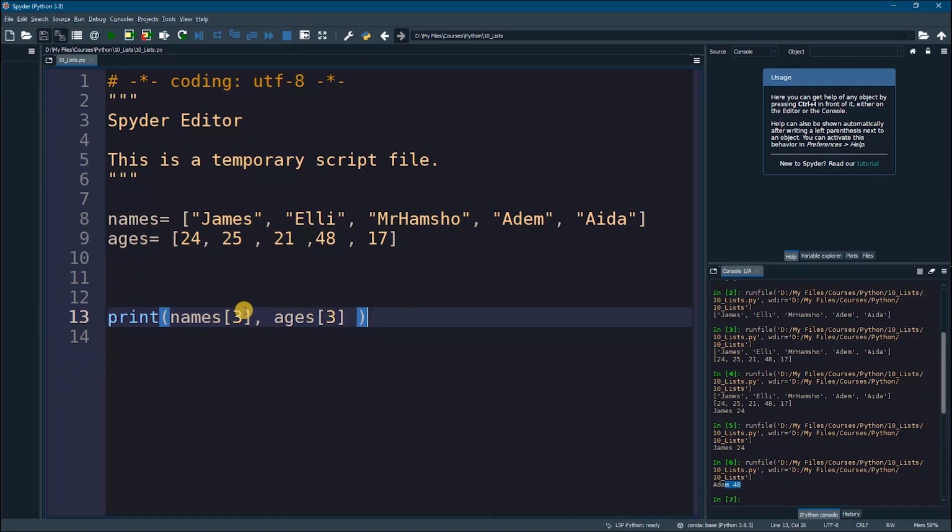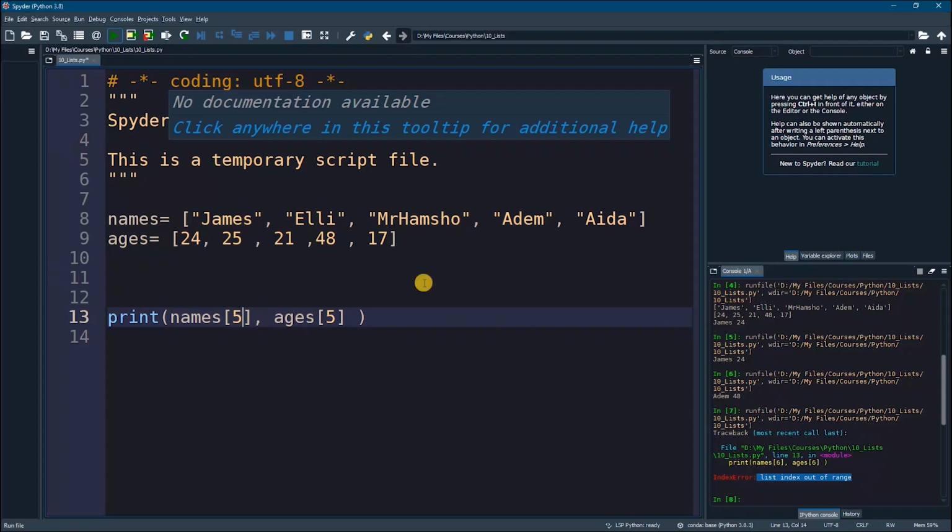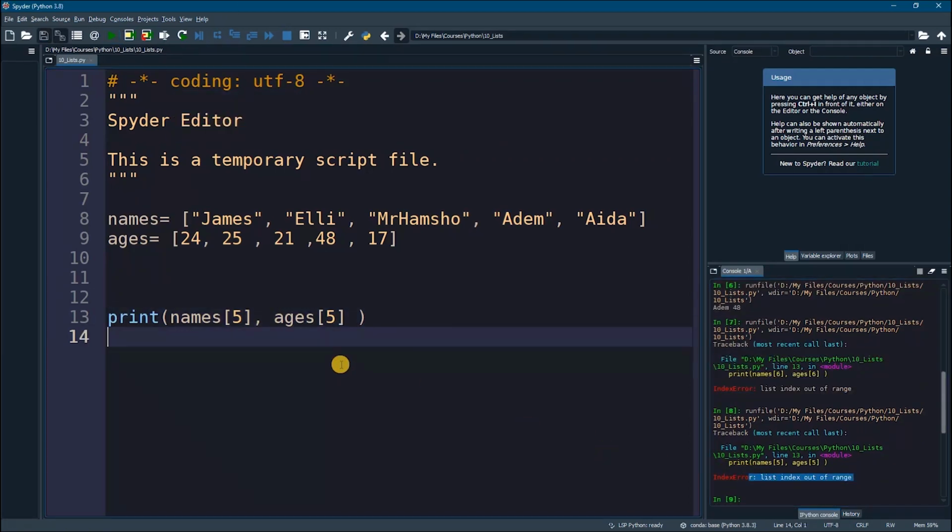See how indexing works? Now let's say that I put an index that does not exist. 6. You would get an error called list index out of range. It's important to remember this error because you might face it when you program in Python. When there is an error called list index out of range, simply this means that you're trying to access an element inside the list with an index that is out of bounds. The bound here is from 0 to 4, and we're trying to put 6. Same thing if we say 5, for example. If we try to run this, list index out of range. Okay,